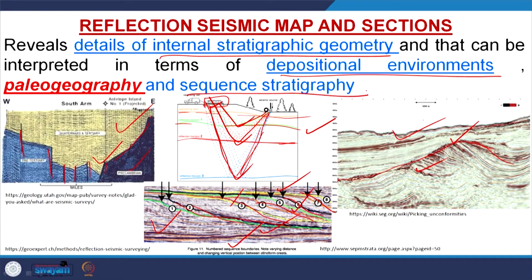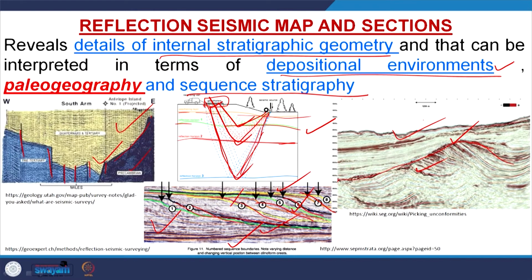So, these are the informations we can retrieve from a seismic profile. We have information about the depositional system, and we know the depositional systems or depositional environments are governed by the geomorphic processes. Where will deposition take place? There will be aeolian processes, aeolian geomorphology, that leads to deposition. There will be fluvial geomorphology, that leads to deposition. There is glacial geomorphology, that leads to deposition. Coastal and marine processes lead to deposition.